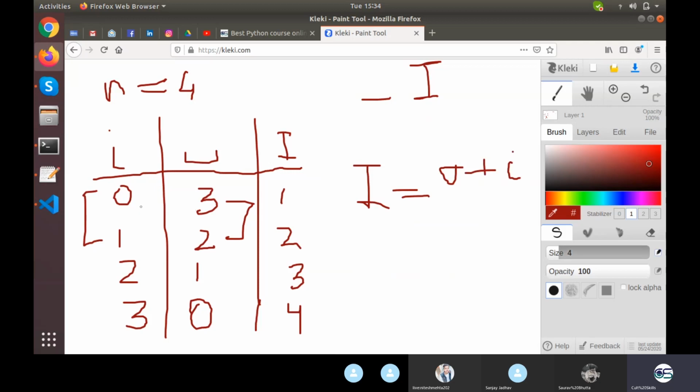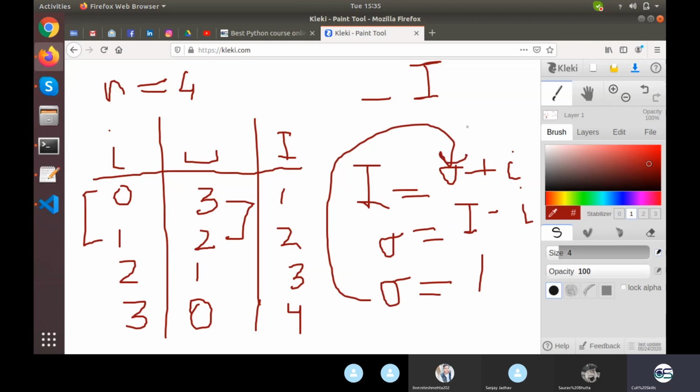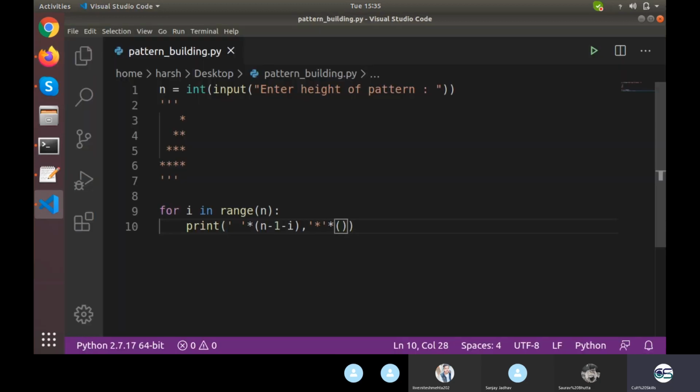Okay, so now I is equal to 0 and this I is equal to 1. That means sigma will be equal to I minus I, and you can see this value will turn out to be 1 all the time. So my equation is basically 1. How? See, 1 minus 0, 1; 2 minus 1, 1; 3 minus 2, 1; 4 minus 3, 1. So this sigma is nothing but 1. This sigma I will replace here, so my equation will be 1 plus I. This is how you basically build the logic. So I just write here I plus 1 or 1 plus I, whatever, and let's see whether the same thing will appear or not.